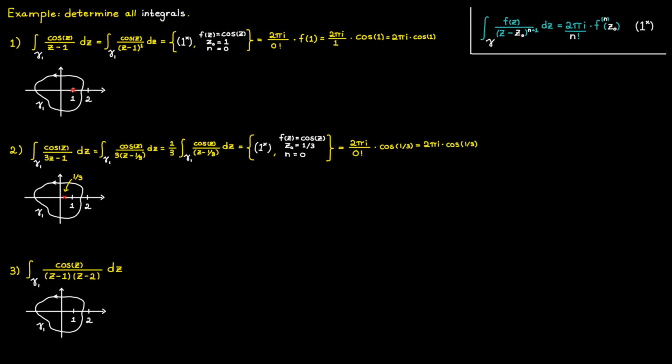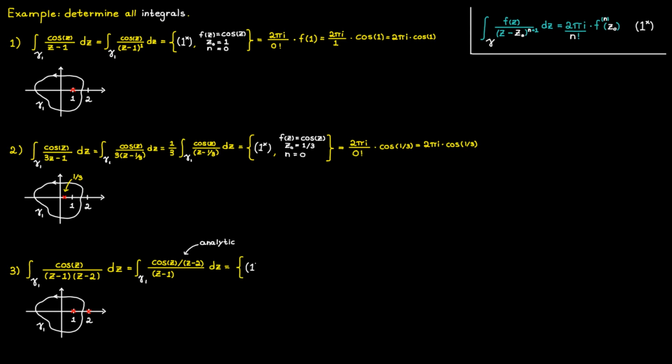In our next example, we are going to have two factors in our denominator, and therefore we are going to have two singularities, one at c is equal to 1 and one at c is equal to 2. But notice here that the second singularity, c is equal to 2, is not contained inside the gamma, and therefore I can rewrite our expression to the following. And notice here that cosine divided by c minus 2 is always going to be analytic on and inside of gamma, since this expression's singularity, c is equal to 2, is not contained inside or on gamma.